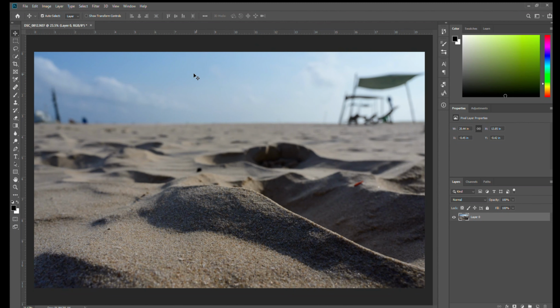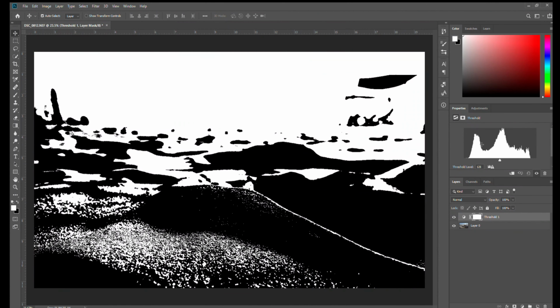So I have this image open. Let's get into the process. First of all, we have to identify 3 points: the darkest, the brightest, and the gray point. To identify those 3 points, we will create one adjustment layer, which is the threshold layer, and then click